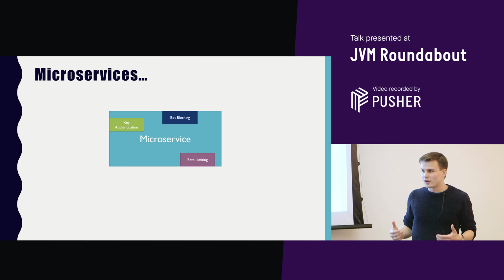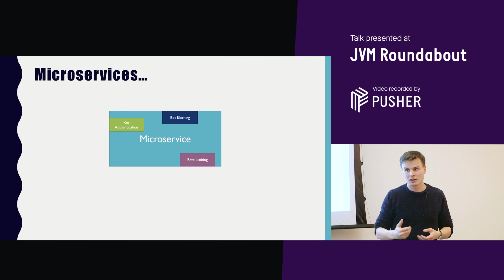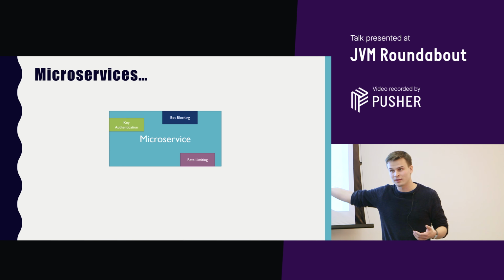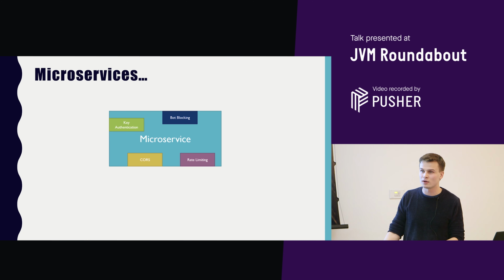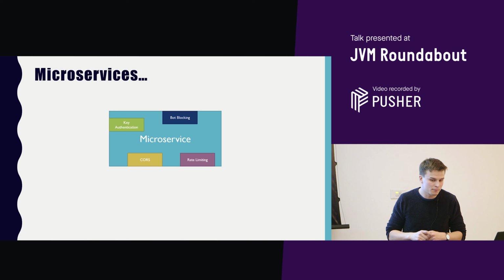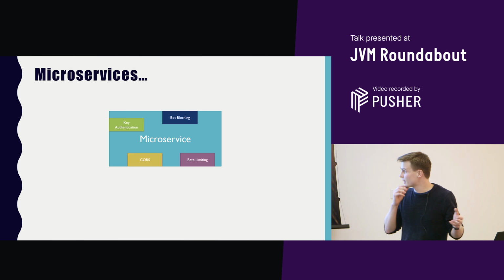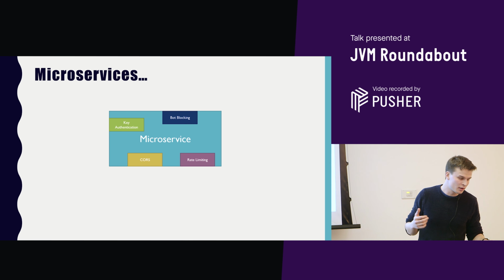As time goes on, you might have other problems. If you work for a company like Skyscanner, then there are constantly bots scraping your site. This might be a problem some of your teams encounter, and they start implementing their own solutions. CORS is a big one that I've personally had to work a lot with recently. Skyscanner being across many different web domains makes it quite complicated, so implementing that in your microservice can get harder and harder.